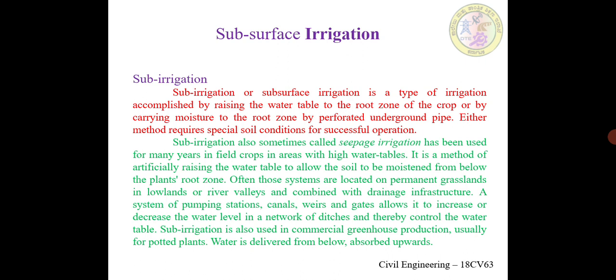In this subsurface irrigation, we have two different types. One is the natural sub-irrigation, the other one is the artificial sub-irrigation. In case of natural sub-irrigation, we have seepage water from the channels naturally irrigate the crops which are on lower lands. Seepage water causes the water table to rise up by the action of capillary rise and helps in irrigation of crops. Irrigation attained naturally like this without any extra effort is termed as natural sub-irrigation.